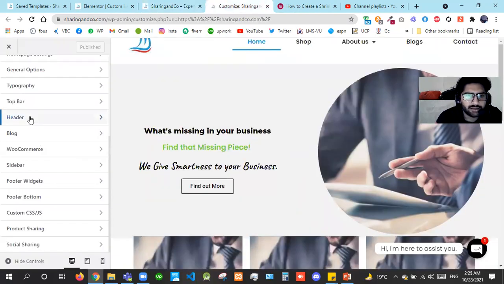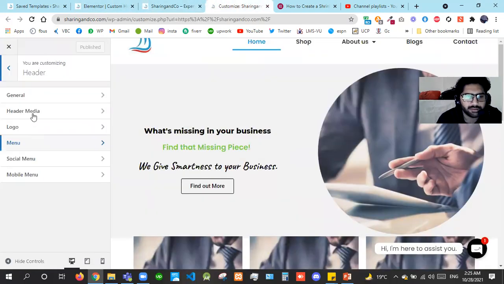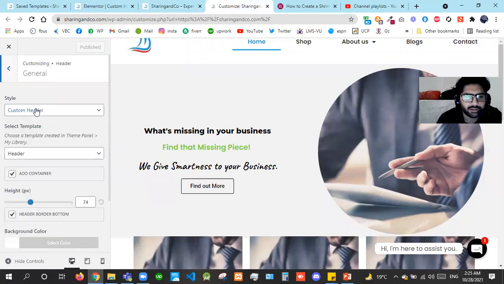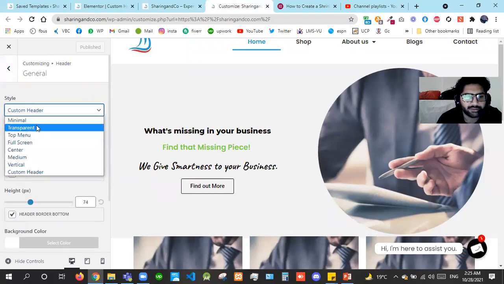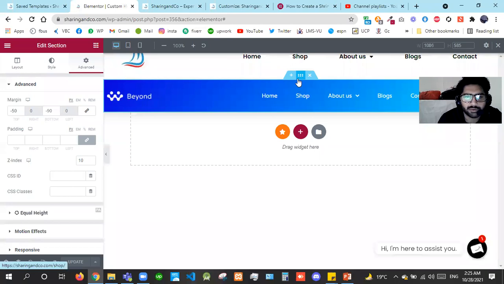And I want this header to be shown as my main header. Then I'll go to general. For minimal, I'll go into theme default. For transparent, I'll go into theme default until that. So now this is our custom header. Okay. So now it is not showing in the